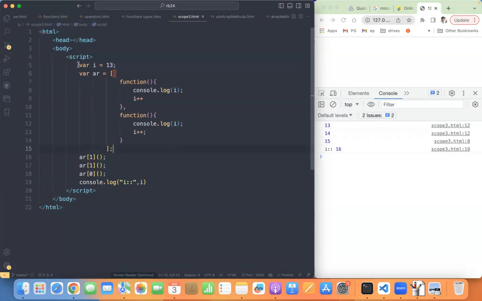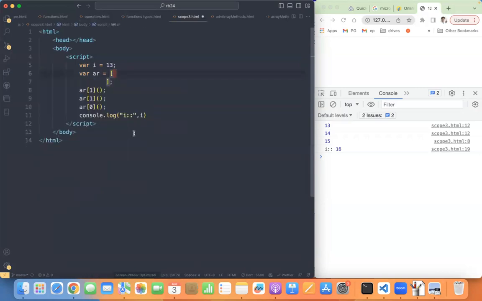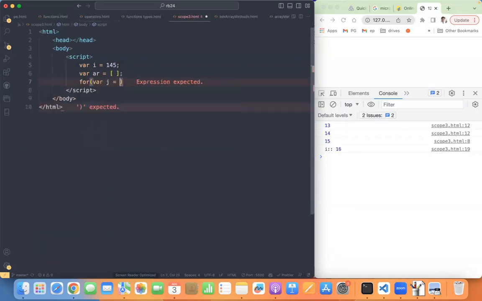So I have a function. For j is equal to 1, j less than or equal to 4, j plus plus, console.log of Praveen.